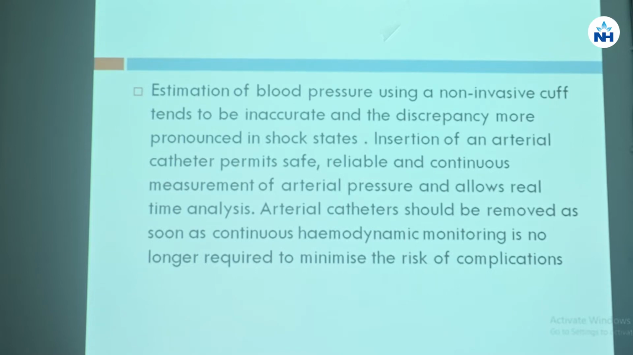Estimation of blood pressure using a non-invasive cuff tends to be inaccurate, and the discrepancy is more pronounced in shock states. Insertion of an arterial catheter permits safe, reliable, and continuous measurement of arterial blood pressure and allows real-time analysis. Not only that, through this line we can collect blood samples for other investigations like ABG, blood sugar, and other daily investigations. The arterial line catheter should be removed as soon as continuous hemodynamic monitoring is no longer required, to minimize risk of